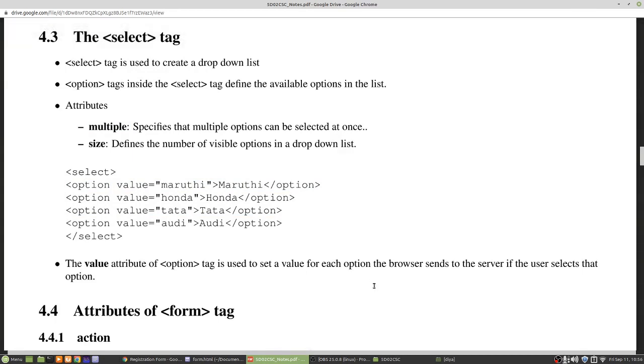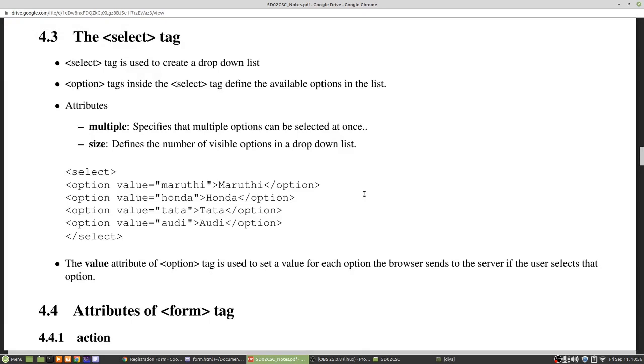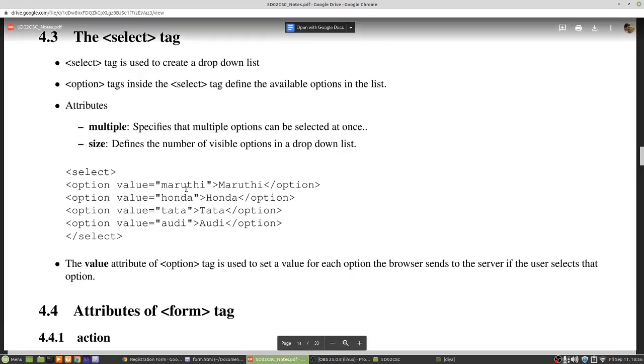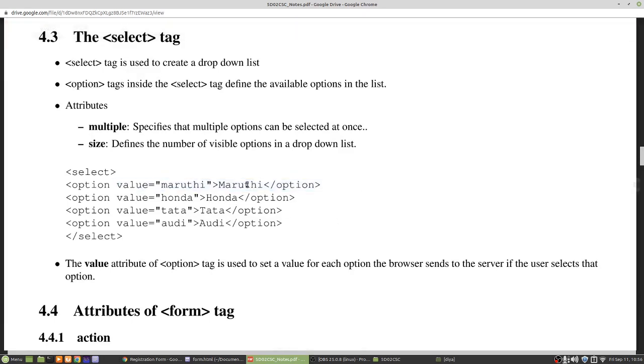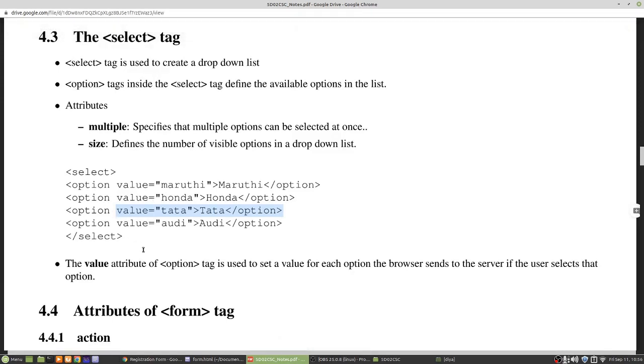And when you submit this form, the other end of the communication, that is a server, will receive this value when you select Maruti. It will get the value Honda when you select Honda. So the value may be given for each option when you are submitting the form. But currently we are not discussing submission of the form, we are discussing only designing the form. So the value attribute will not have any effect on the look of the drop down list.